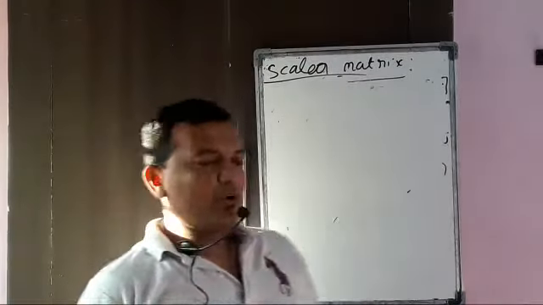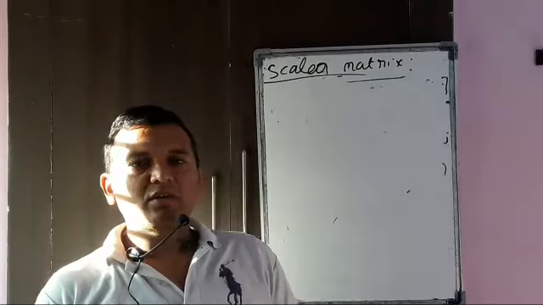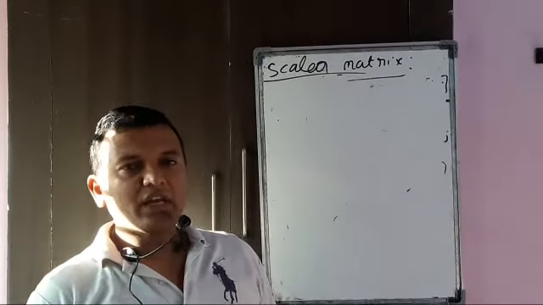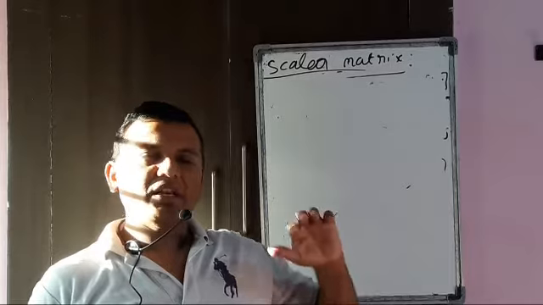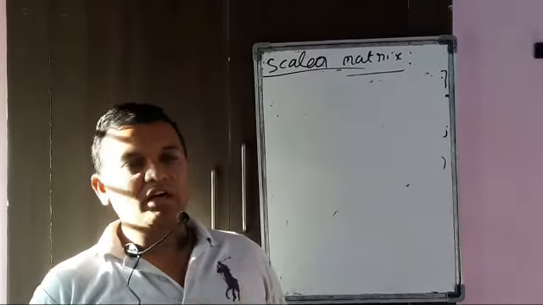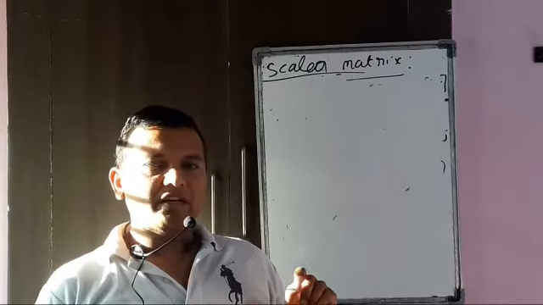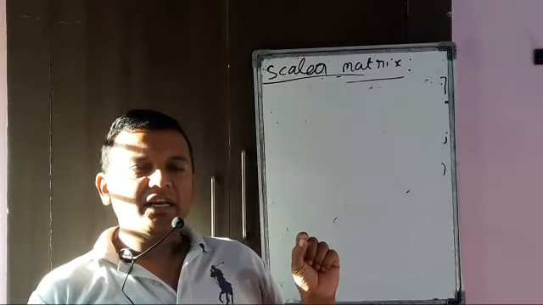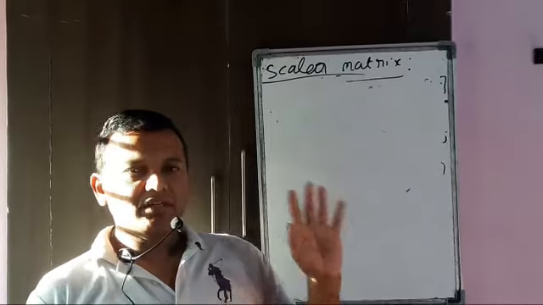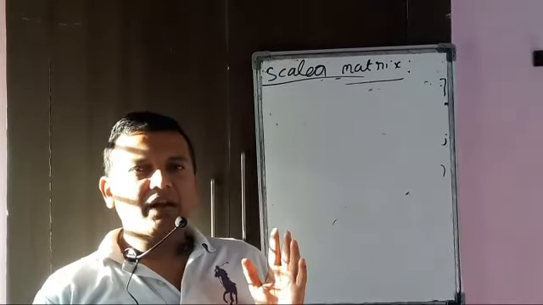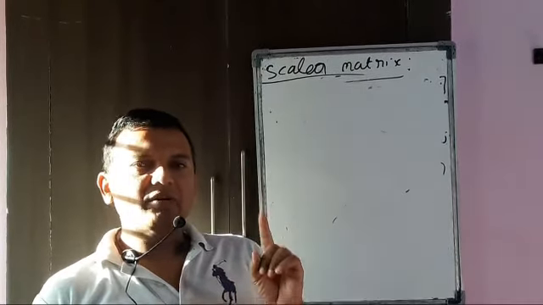This is also a very important definition in terms of 1 mark questions. Here, a scalar matrix is basically a diagonal matrix with a little alteration. That is, a diagonal matrix is said to be a scalar matrix if all its diagonal elements are equal. Just simple, it's a diagonal matrix and its diagonal elements are equal.